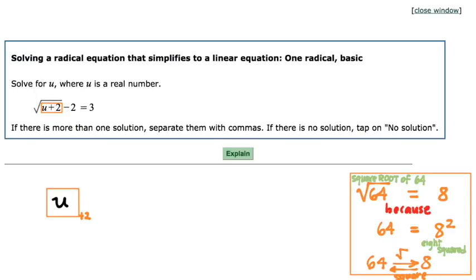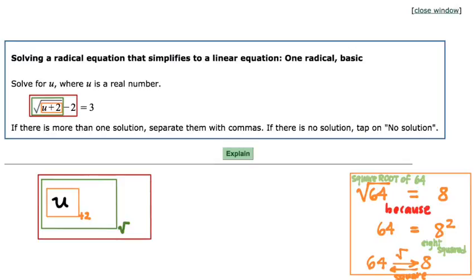Subsequent to that, the value that we get is then square rooted. So we have the square root applied to it, which doesn't mean multiply it by itself. It means do exactly the opposite of that. Find the quantity, the number, which when multiplied by itself gives us u plus 2. So that's wrapped inside of the square root. And then that quantity is having 2 subtracted from it. And so we're wrapping it in one more layer of wrapping paper here to build the expression u plus 2 under the radical minus 2 that we see on the left-hand side of